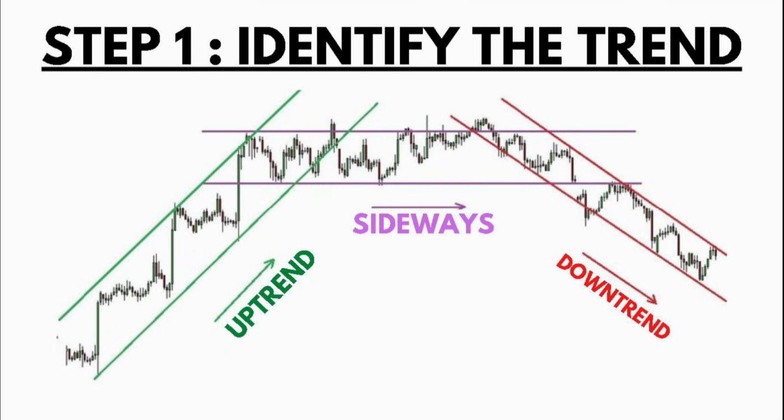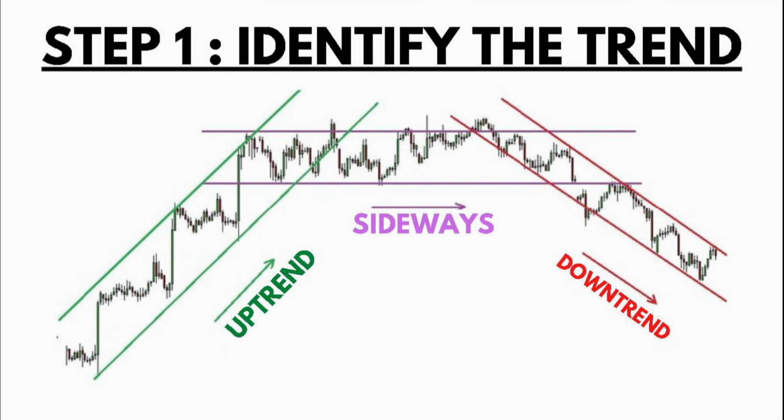Whatever chart you look at, doesn't matter if it is a stock chart, commodity chart, or a currency pair, you need to look for the trend that is being followed in the current chart. There are only three types of trends that the market can follow. It will either be in an uptrend, it will be sideways, that means neither uptrend nor downtrend, just going sideways, or it can be a downtrend. If there is an uptrend going on and you are trading with the trend, you should only look for buying opportunities. And if the trend is a downtrend, then you should only look for selling